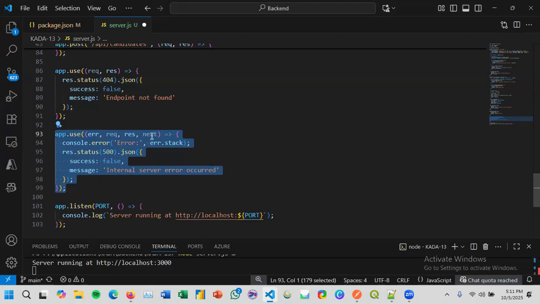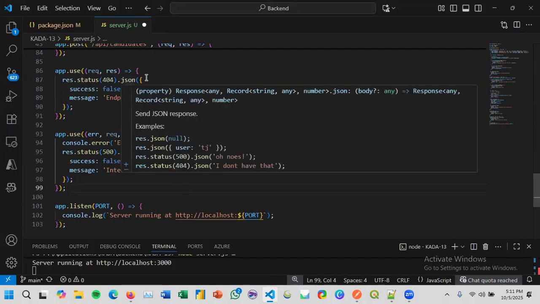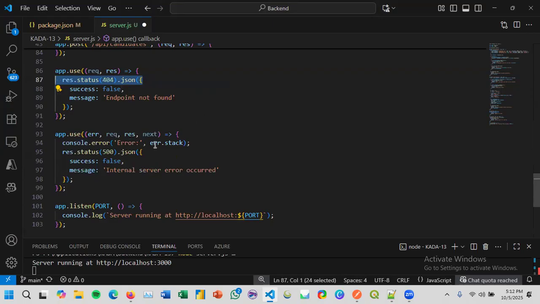Notice this has four parameters, including error at the beginning. And then you might be asking, why do we need error handling? Because they have different causes. 404 is a client error, which is a wrong address. The user or client is inputting the wrong path into our server routes. And then 500 is a server error, which is the client actually used the right path, but there is something